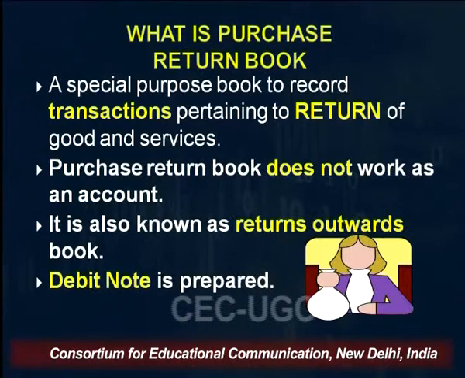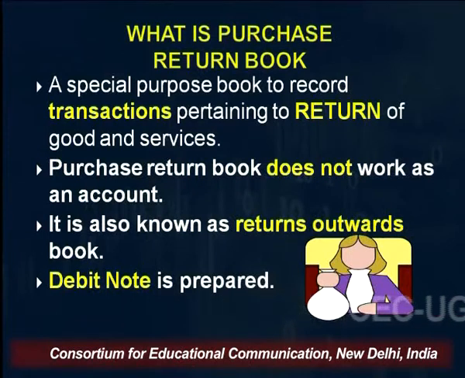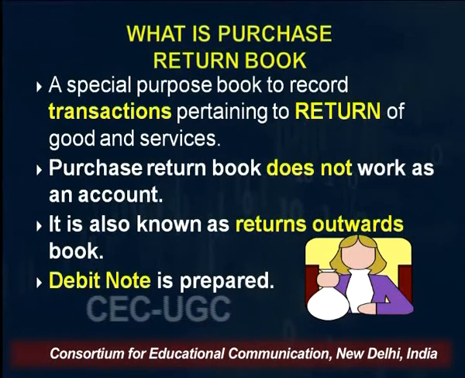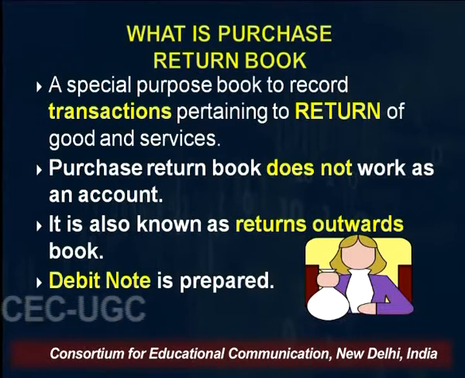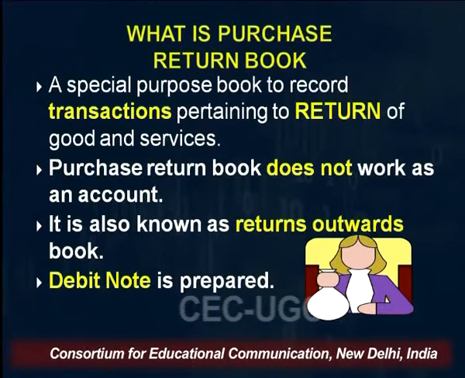So now coming to the next thing, what is a purchase return book. Once we have clarity on goods and services tax, I shall be talking about purchase return book. This purchase return book is also known as returns outward book. Why? Because I, as a company, am returning something out of the purchases I had made. All right. So only those transactions which were on credit. This is essential.